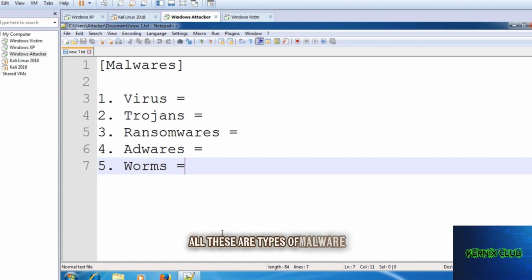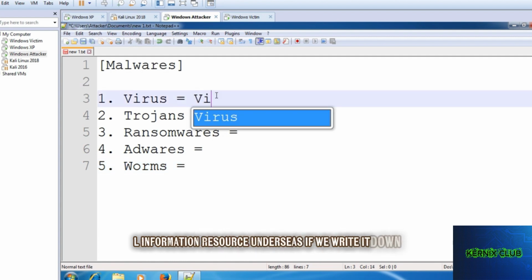All these are types of malwares. Malwares is just a category, and these are the different types of malwares. So first one is the virus, and virus stands for Vital Information Resource Under Siege. If we write it down,